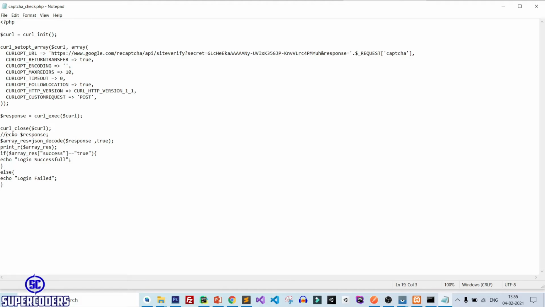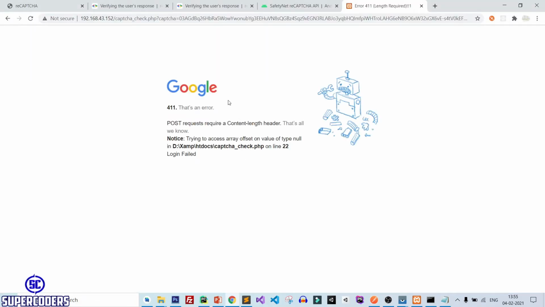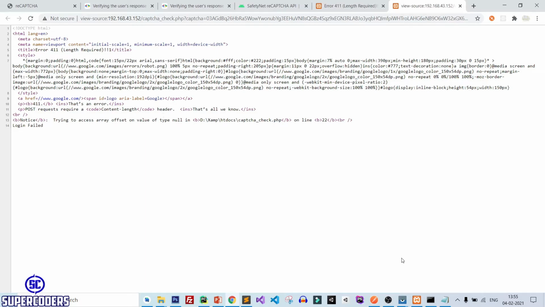Let's try to print response, save it, back to Chrome, refresh page, and it is showing. Okay, it is showing error from Google. So let's see.